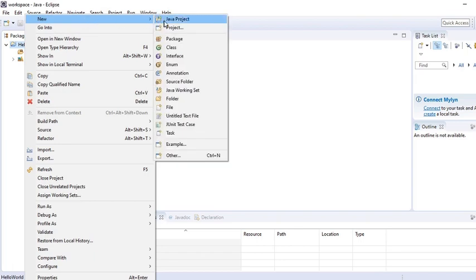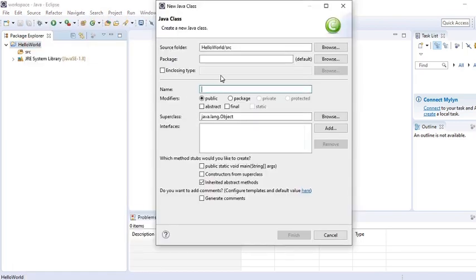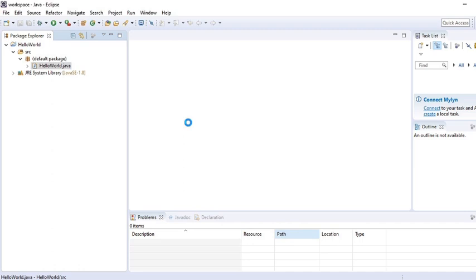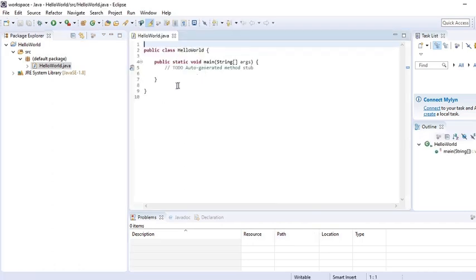First we will start with one simple class. To do that, right click, class. This will be under the source folder. You have to give the name. Let's give hello world. And if you want a main method inside, you just click this. Then click OK. It will automatically create the class with a main method signature. You need not write it, as in Notepad where we have to write all this. So it expedites your process of developing and creating a class.